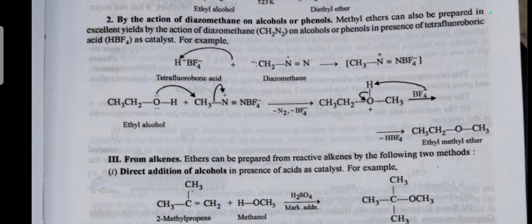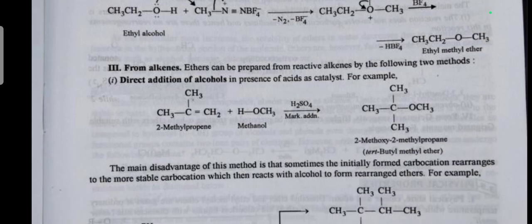From alkenes, ethers can be prepared from reactive alkenes by the following two methods. First, direct addition of alcohols in presence of acid as catalyst. The main disadvantage of this method is that sometimes the initially formed carbocation rearranges to the more stable carbocation, which then reacts with alcohol to form rearranged ethers. Second, indirect addition of alcohol,